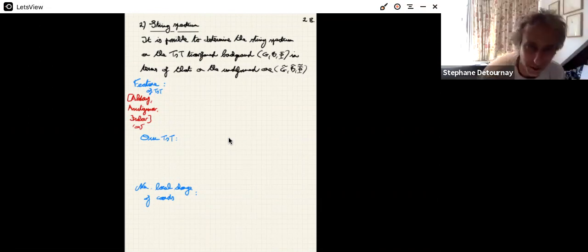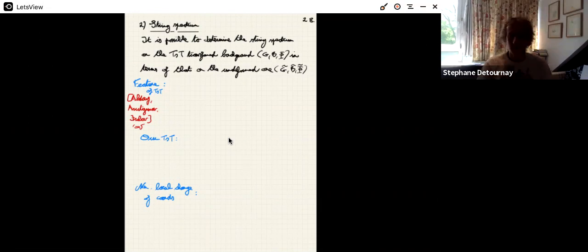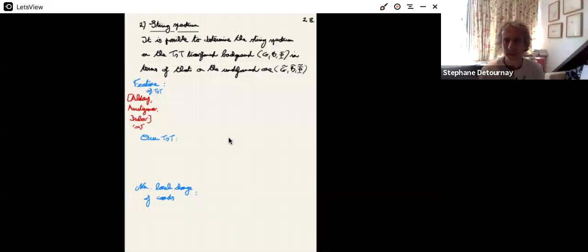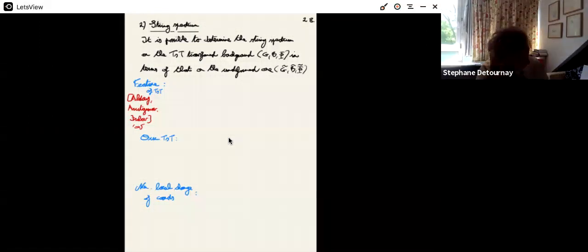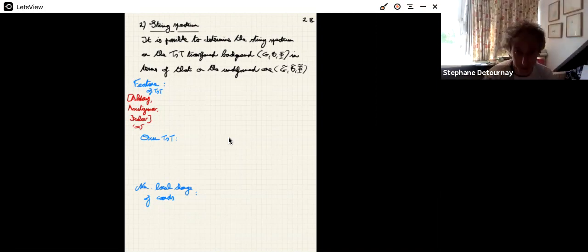So the second evidence is the following. In the AdS3 case, I showed that we could solve the string spectrum of strings propagating on the AdS3. Actually, it's possible to go even further. It's possible to also determine the string spectrum on the TST transformed background. This is a result due to Apolo, Arutyunov, and Frolov,